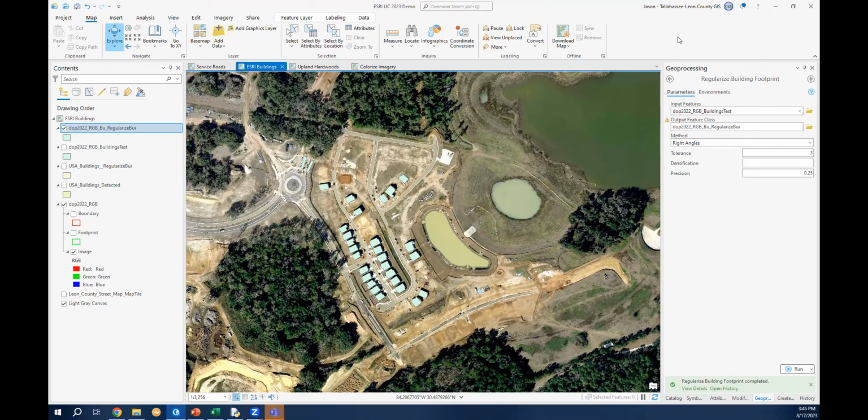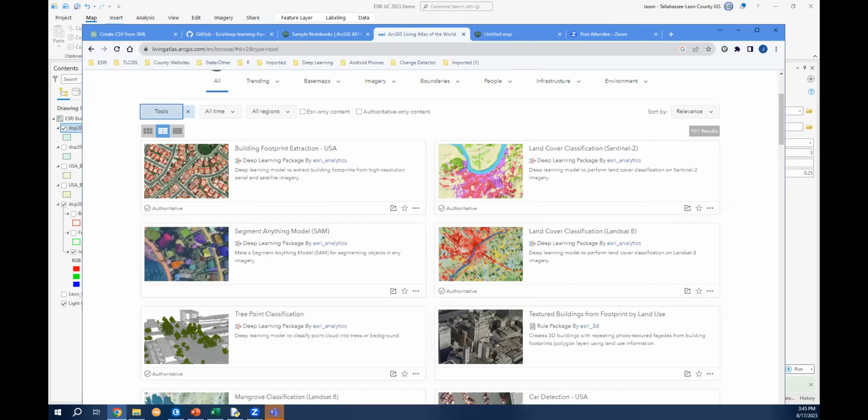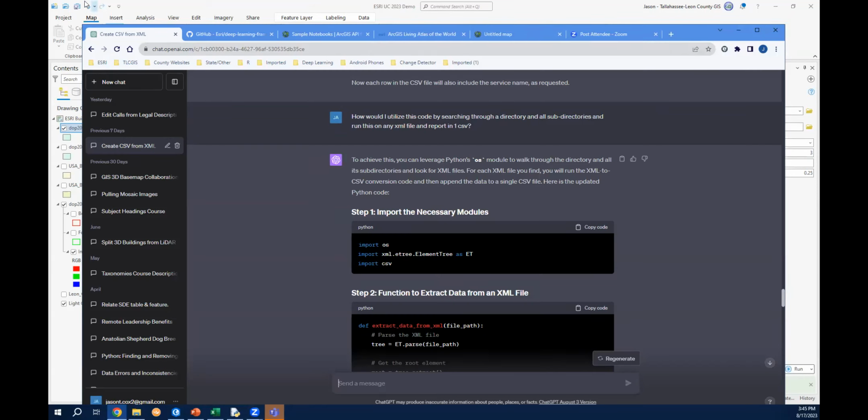Jason, do we have any other slides? So we do. What I will also show you is, you aren't limited to utilizing deep learning tools in ArcGIS Pro as a GIS analyst or specialist. I would recommend taking a look, if you haven't already, at the ability to help yourself with code with ChatGPT 3.5